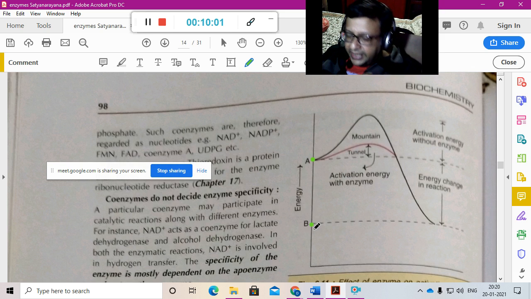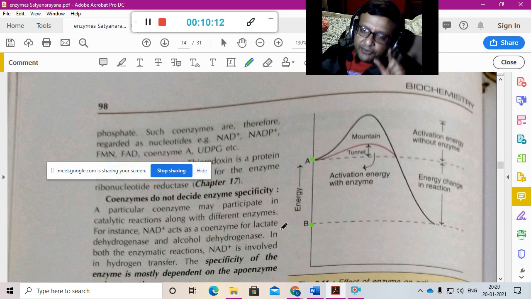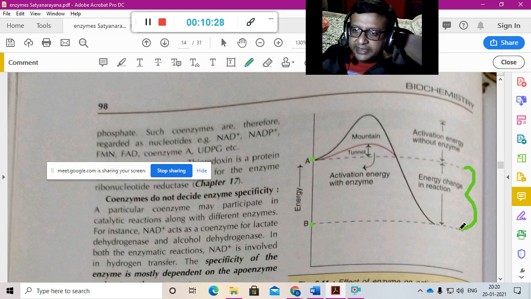ATP is broken down into ADP plus Pi. For example, this is ATP and B is ADP. ATP has higher energy, but still a little amount of energy needs to be given, and that takes it down, and this much amount of energy is released. Now when B wants to become A, you have to give this much amount of energy, otherwise it will not take place.